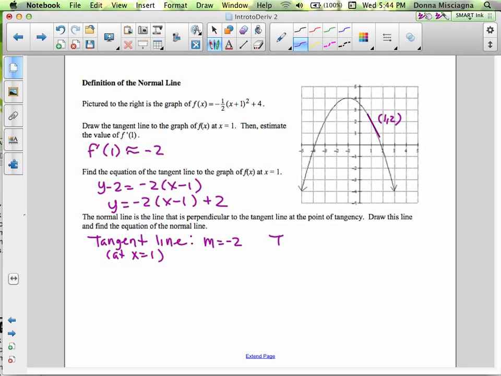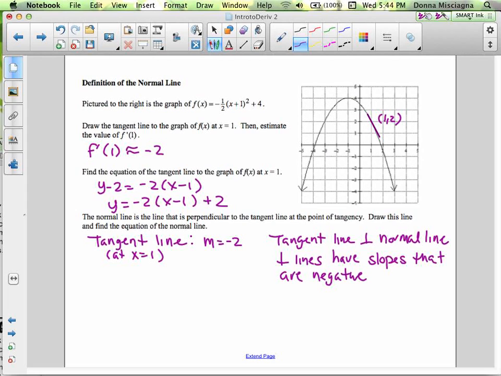Tangent line and normal line are perpendicular. That's the symbol for perpendicular. Perpendicular lines have slopes that are negative reciprocals. Right, so if the slope of the tangent line is negative 2, then the normal line at that same point is going to be a slope of 1/2. Right? So it's going to go through the exact same point. Right? So it's going to go right through 1, 2, just like